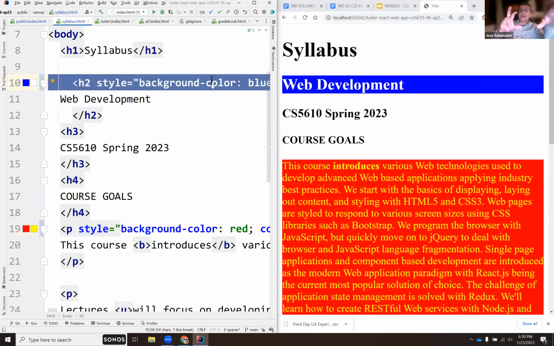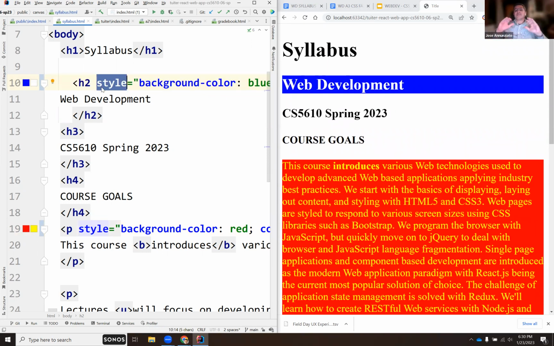Okay. Now it's considered amongst developers, web developers, a bad practice, right, to change the style of an element right on the elements, right? So even though we can use it very easily, the style, this is a big no-no, right? You should not do this. Unless you're just playing around and you want to prototype this real quick, but you should not use this technique. Okay, and the reason is that